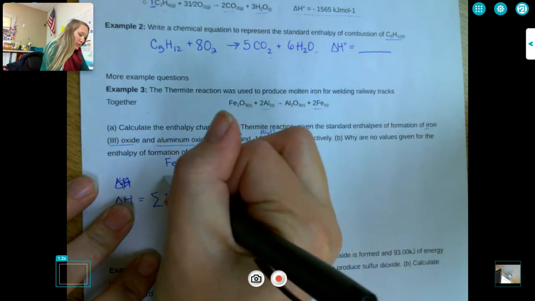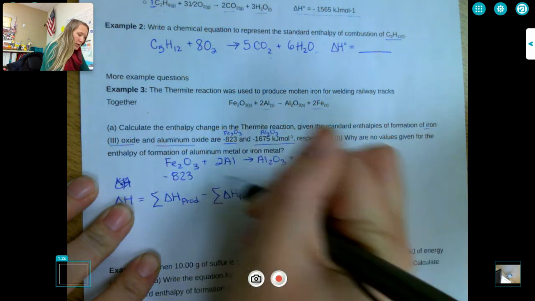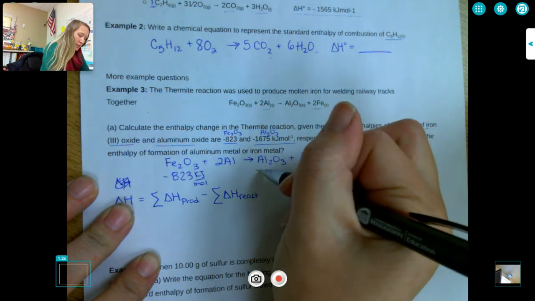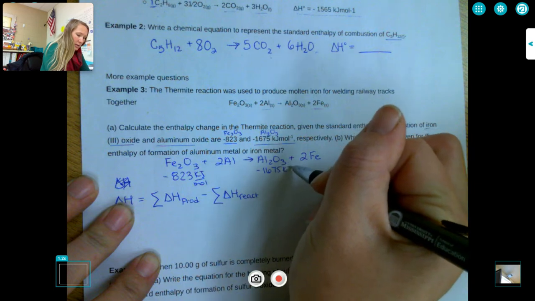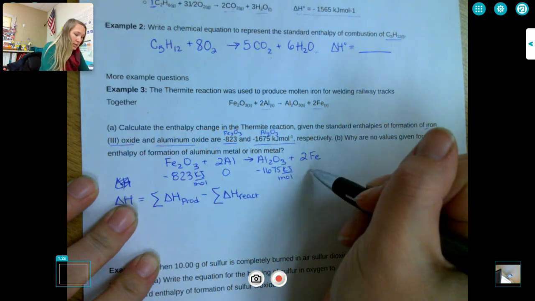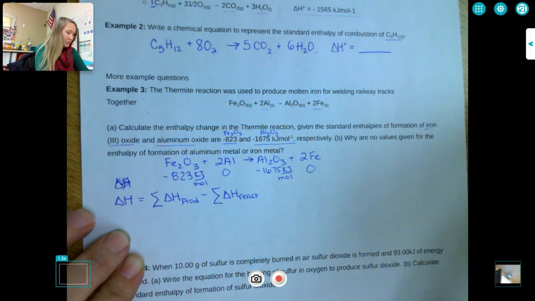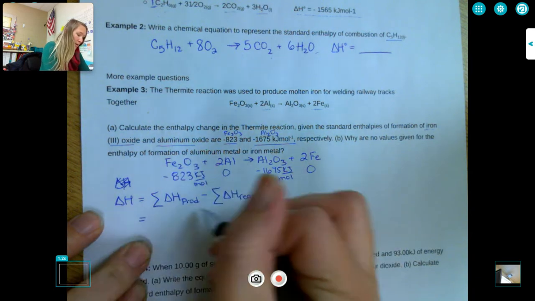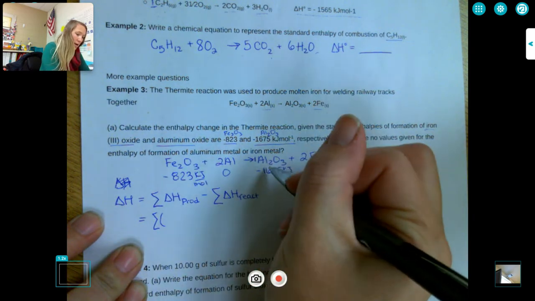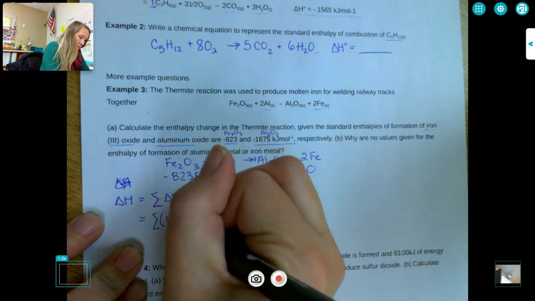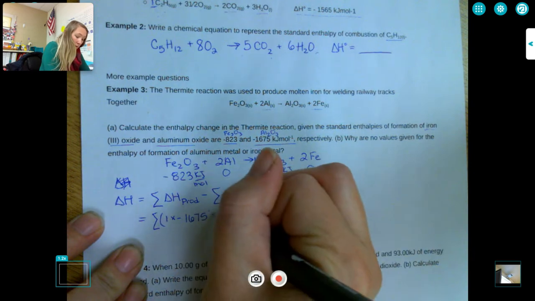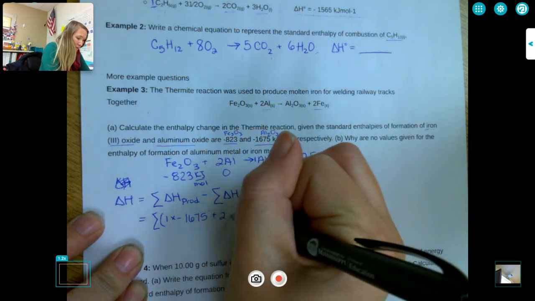So we said Fe2O3 was negative 823 kilojoules per mole. We said aluminum oxide was negative 1,675 kilojoules per mole. And then aluminum is in its standard state, iron's in its standard state. So those are 0. So putting this into our equation, products, the sum of, I just put parentheses around it, we've got 1 aluminum oxide, so 1 times negative 1,675 plus, this is 0, we could still show it, 2 times 0,